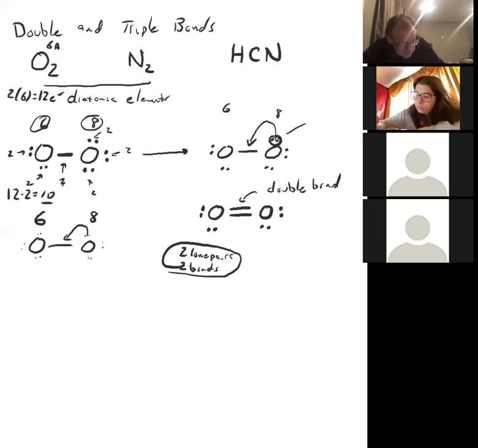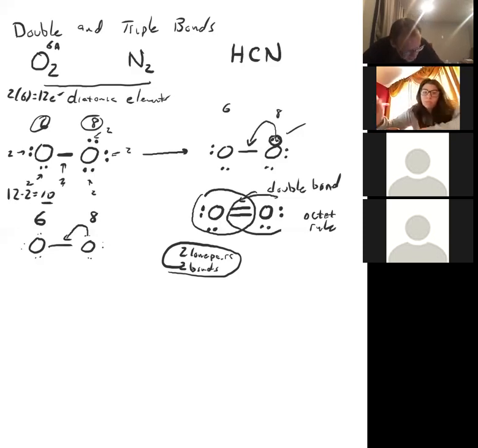Again, it's the octet rule for both atoms. Each atom has 8 electrons now, 8 valence electrons, right? So this oxygen gets to count all of those electrons there. That's 8. This atom on the right gets to count all of those electrons over there. That's 8. 4 of them are shared, and that's what allows this octet rule to occur, by the sharing